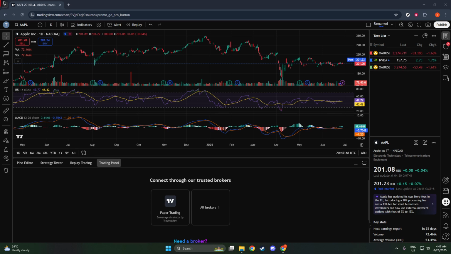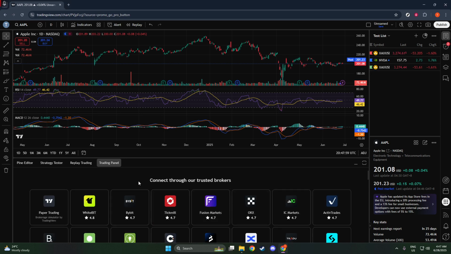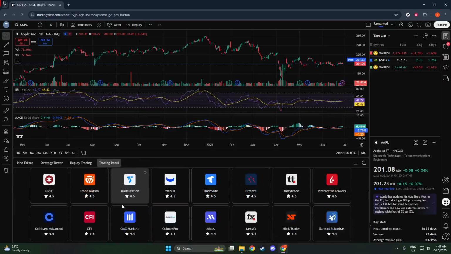First, ensure you're on any chart within TradingView. This is where everything begins. Once you're looking at your chosen chart, scroll down to find the Trading panel located at the bottom of the screen. This section is your control hub for interfacing directly with your brokerage account through TradingView. Take your time here to familiarize yourself with this panel, as it will play a crucial role in executing your